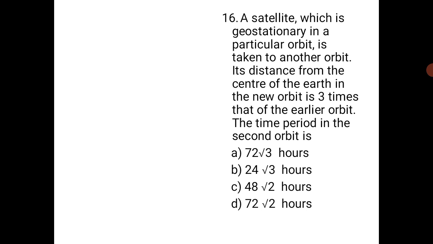Let us continue the remaining MCQs. So, question number 16. A satellite which is geostationary in a particular orbit is taken to another orbit. Its distance from the center of the Earth in the new orbit is 3 times that of the earlier orbit. The time period in the second orbit is,